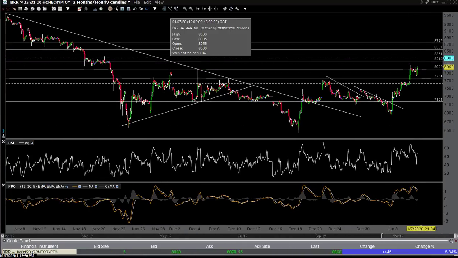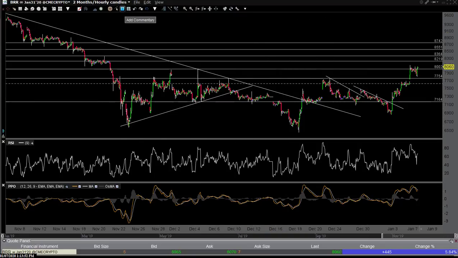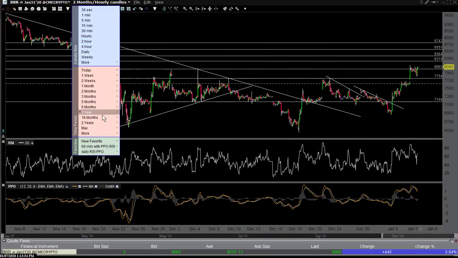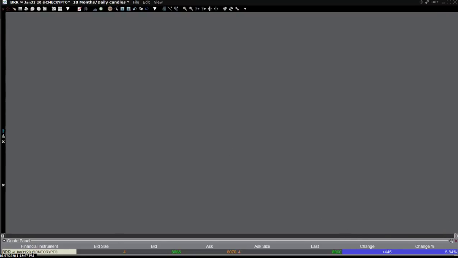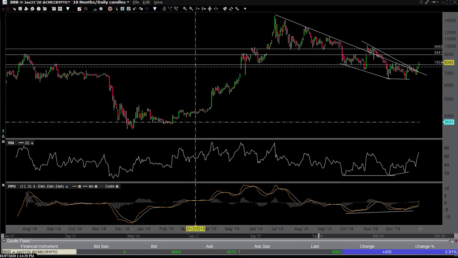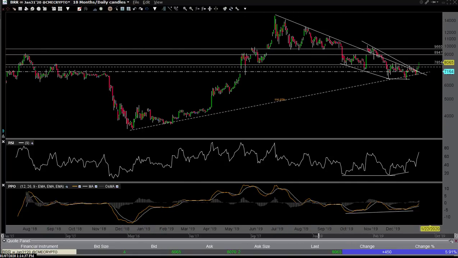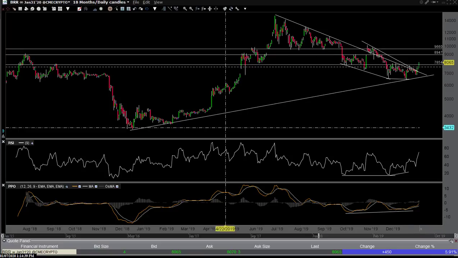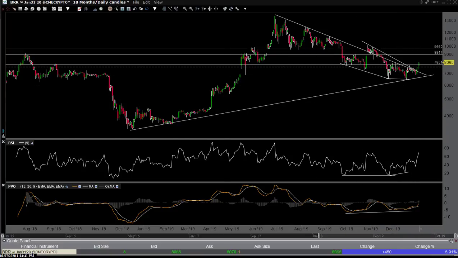And I really like the yearly chart. If I go here to the yearly chart of Bitcoin, I should say daily chart. I went to 18 months, so we're looking at 1.5 years of price history with daily candlesticks. I can probably even add a trend line. Look at that right there, perfect, coming off the lows. So I see a lot of things on this chart that I like.